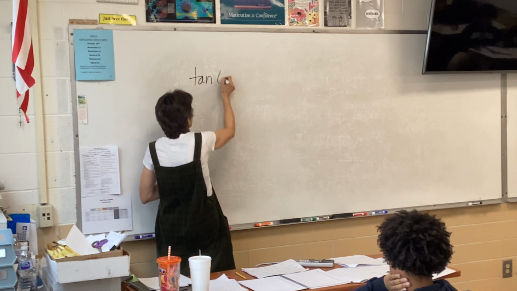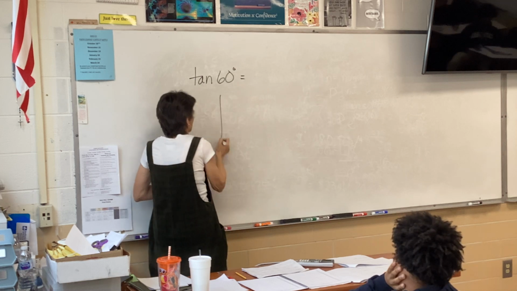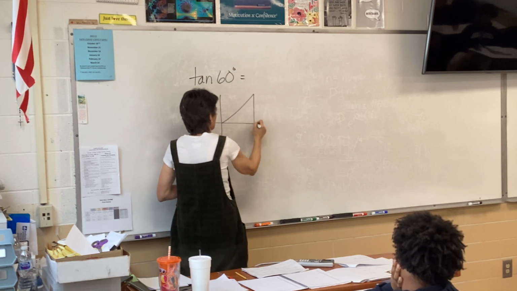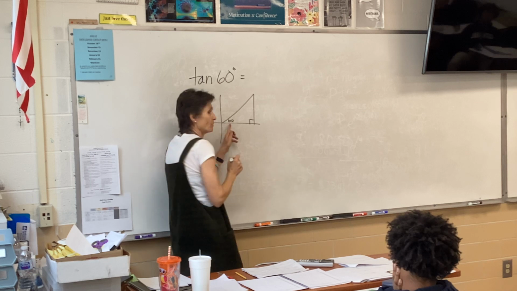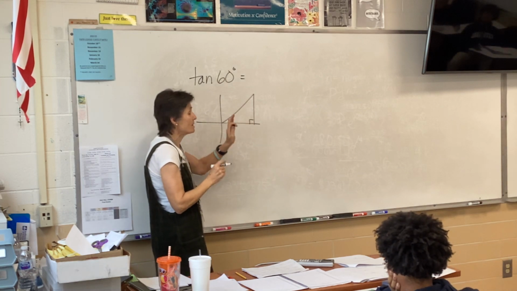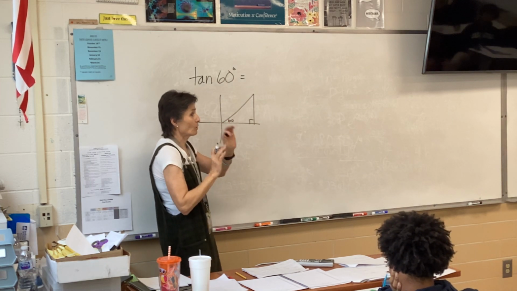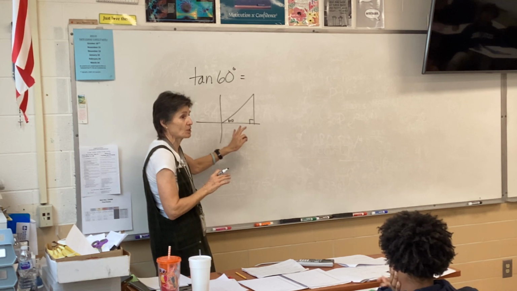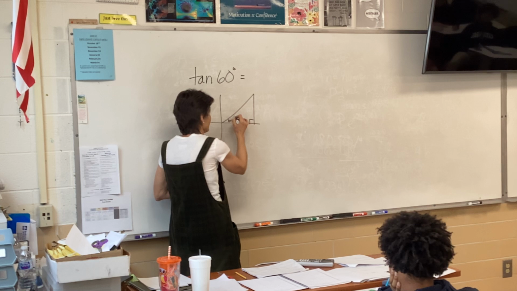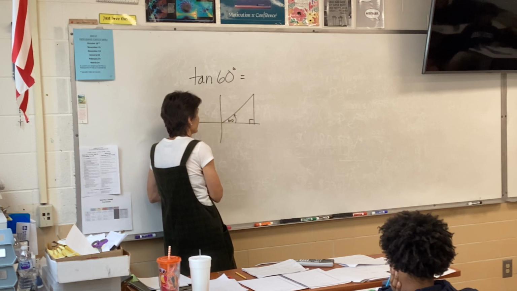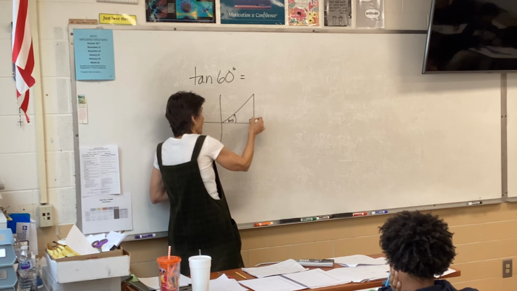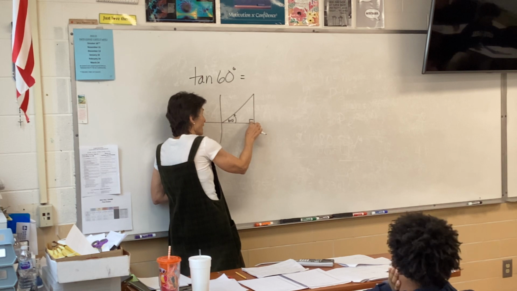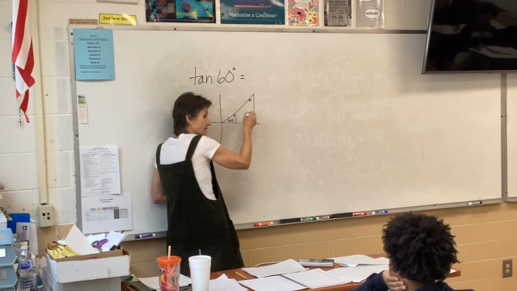Tan 60. I drew my picture. So our picture looks like this. Here's our 60-degree angle in standard position. Kids, we're going to move out of quadrant 1, so it's really important you're in standard position. That means start here, right? That's a 60-degree angle. Since I dropped a perpendicular and created a 90, that makes this a 30, 60, 90